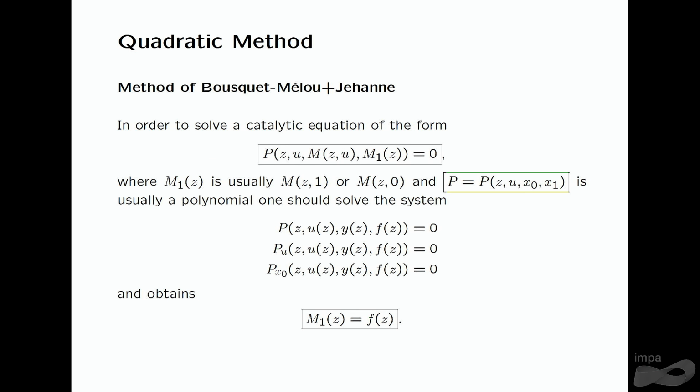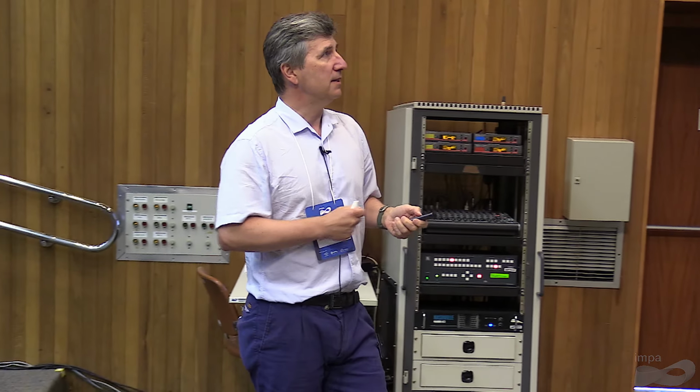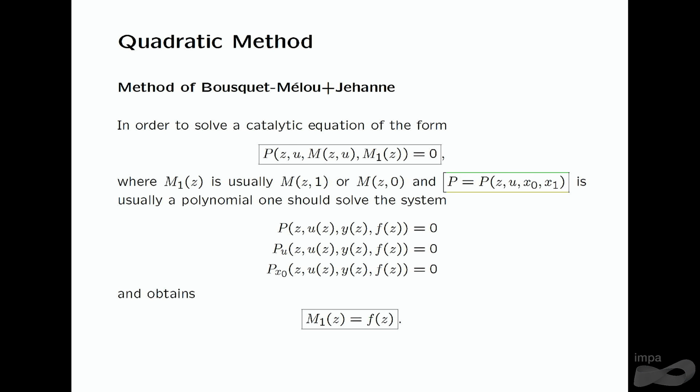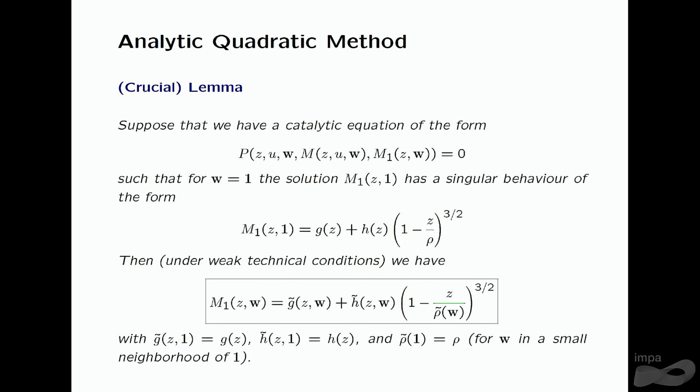So these functional equations also play a role in this method, but from a different point of view. And in this special case, if you use this system of equations and solve them, you get the resulting equation that has been on the very first slide. And there is a key lemma saying that if you have, again, a catalytic equation with a second variable that counts whatever, and you already know that if w is set to 1, then you have this kind of singular structure of the generating function, then if you take the solution with the w, the kind of singularity stays the same, and only the location of the singularity moves in w, and so you have